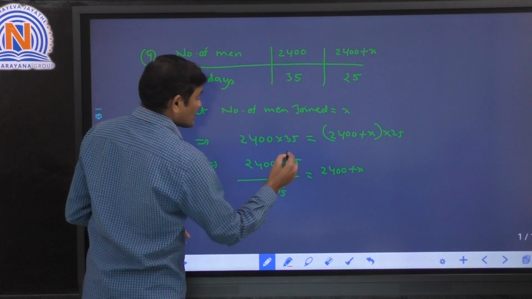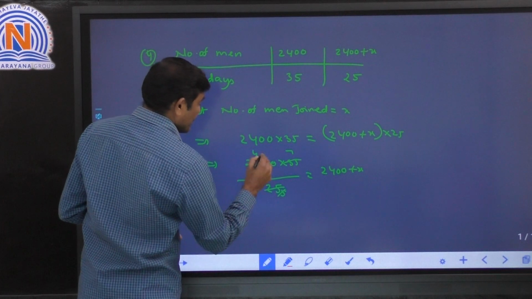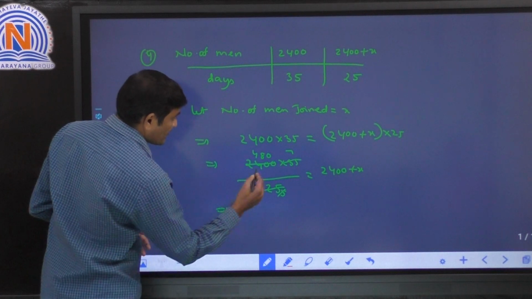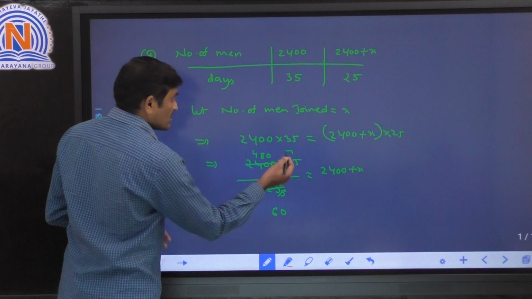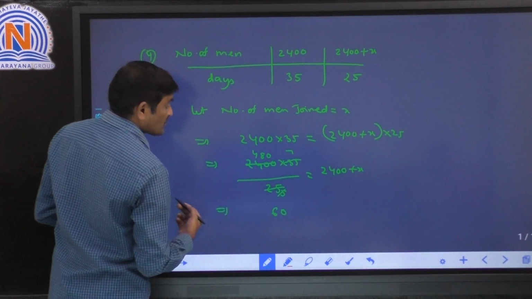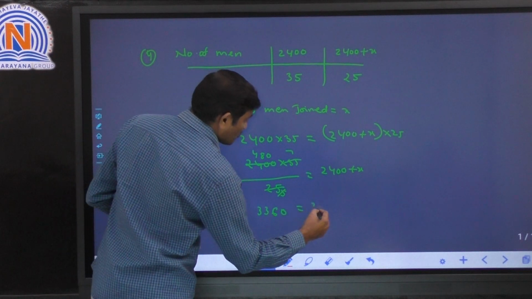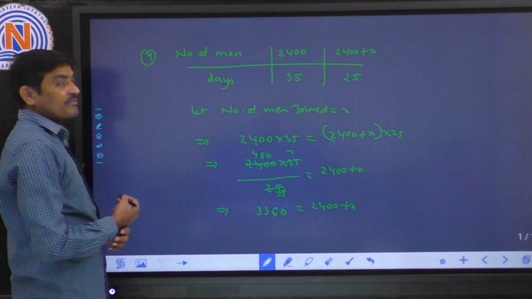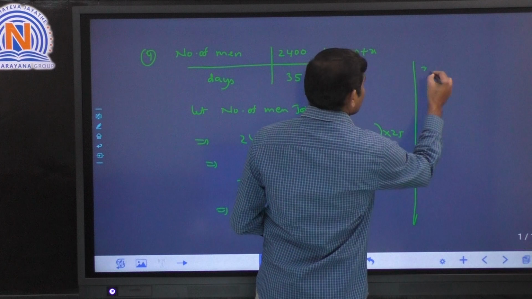5 5s are 25, 5 7s are 35, 5 4s are 20, 5 8s are 40, so 480. Now multiply with 7: 7 0s are 0, 7 8s are 56, 7 4s are 28 plus 5, 33, so 3,360 is equal to 2,400 plus x. Now 2,400 will be transferred to the left side. Then x is equal to